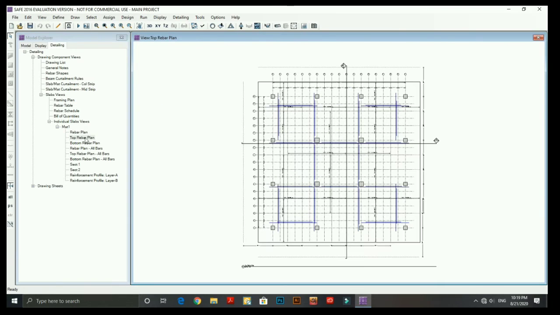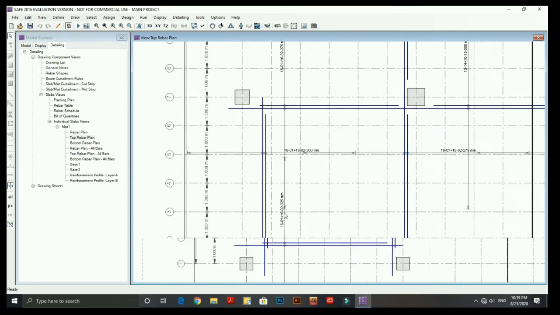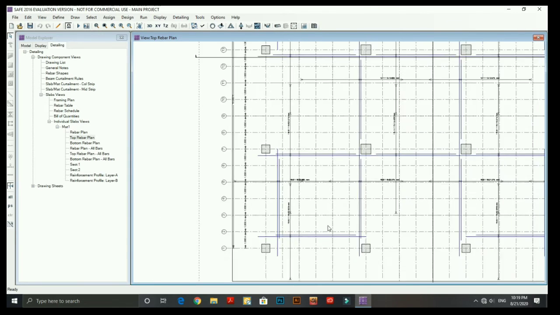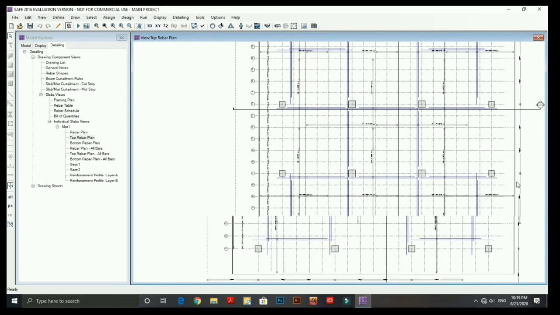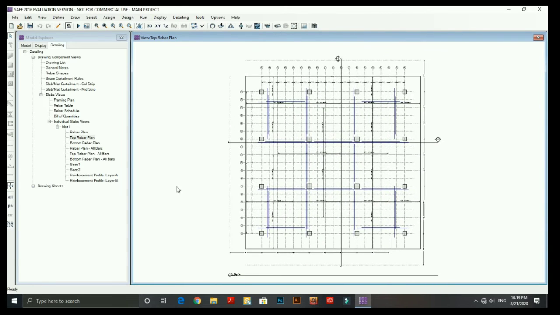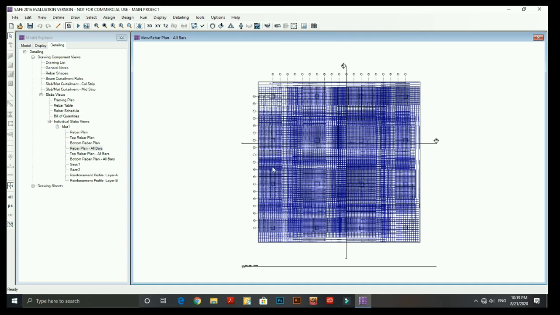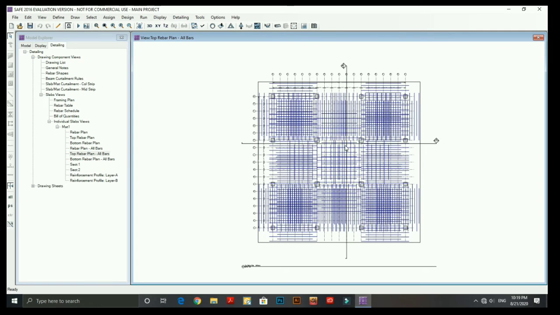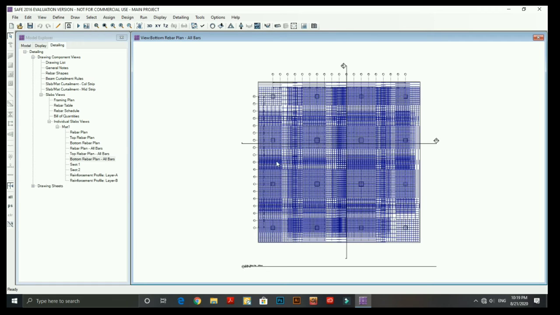And next for the top rebar materials, and you can see just by zooming out the values of the rebar material, and also for the bottom rebar material, and by clicking all of them you can see the rebar materials used in the footing, which will help you for designing the footing.